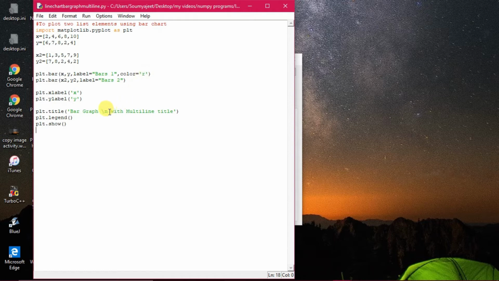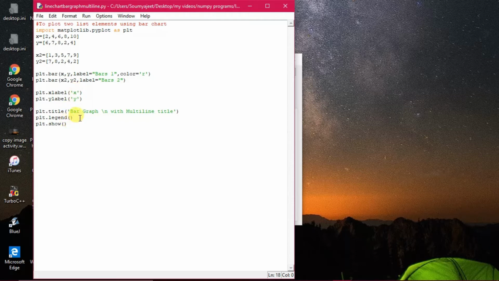Here slash n has been used to break the line into two. Bar graph with multi-line title, and legend will show as usual. plt dot show just shows the plot, plt dot bar draws the bar graph, and plt dot xlabel and ylabel give the x-axis and y-axis labels.